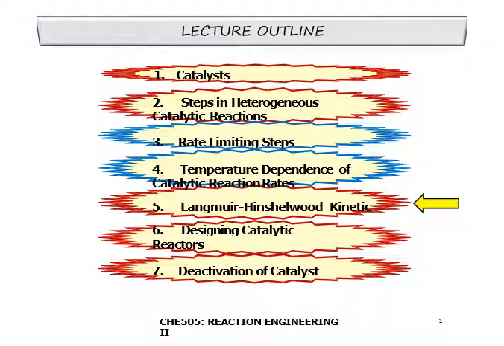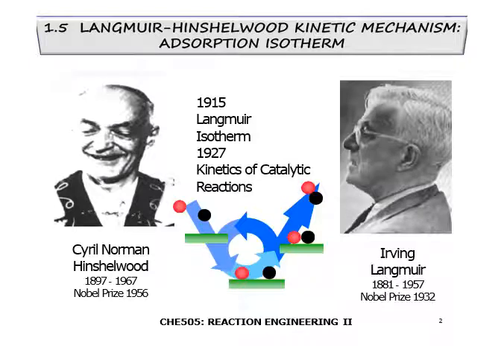Hi everyone, we continue with Langmuir Hinshelwood kinetic. Langmuir Hinshelwood kinetic mechanism. This is actually a model of how the kinetics happens. So maknanya kita nak tahu macam mana perjalanan reactants tu berlaku. So kita tengok step by step dia. So kinetic mechanism ni kata lainnya adalah perjalanan reaction tu, dan daripada kinetic mechanism ni kita boleh kira reaction rate